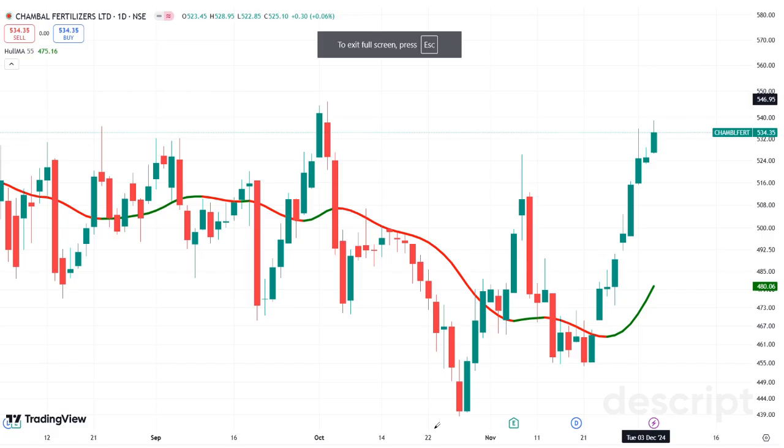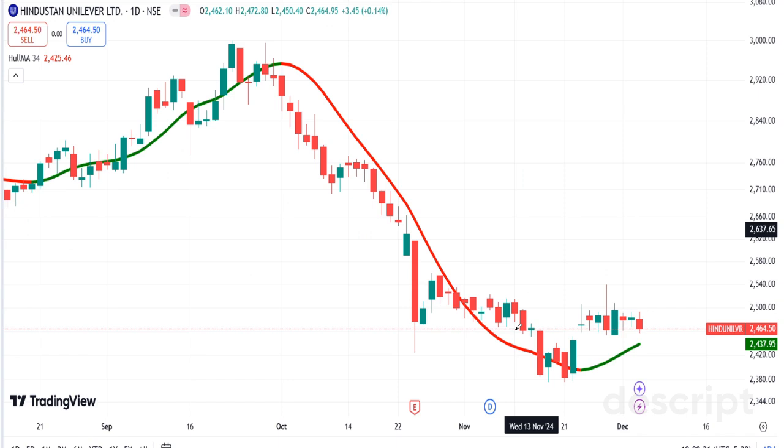Friends, this works pretty well in long-term trades also. We got a long-term trade crossover in Chambal Fertilizer, and it moved pretty well. One simple thing: you cannot trade this indicator in isolation. You have to use other indicators depending upon your appetite. But it is a very, very leading kind of indicator.